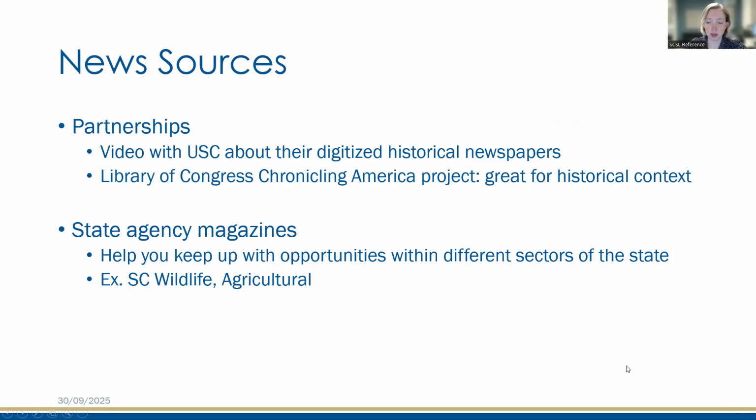And within the context of our collection, we also have some state agency magazines. Now, not all South Carolina state agencies put out a magazine or newsletter, but those that do, we solicit those from folks, and you can read those from our collection. Some of them are actually free for people who can stop by the library, no checkout needed or anything. These state agency magazines help you stay informed and engaged with the different aspects of the state government and also areas of the state that you might not have any